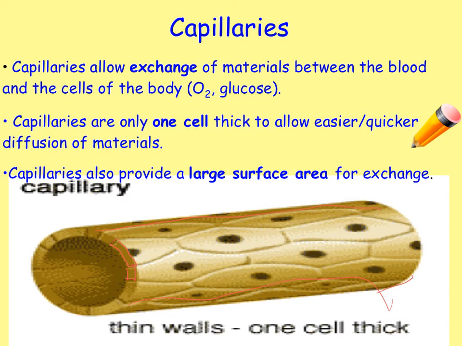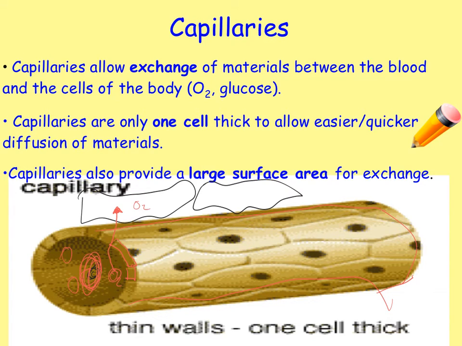And what can happen is, if you imagine that there are cells round about here, and the blood is inside here, we'll make it red for blood. So we've got our red blood cells. Then the oxygen can diffuse through the walls of the capillary into the blood cells, because there's going to be a lot of oxygen in oxygenated blood there. It's going to be low in oxygen in the cells here, so the oxygen will diffuse down that concentration gradient into the cell, and there the oxygen will be used up in respiration. And the same goes for